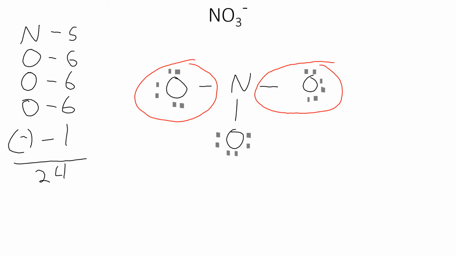We kind of group things around our outer oxygens. Are we satisfying the octet rule for each of our oxygens? The answer is yes. 2, 4, 6, 8. Bottom oxygen, 2, 4, 6, 8. That's good. Oxygen on the right, 2, 4, 6, 8. That's also good. So our oxygens are okay with their octet rule, but we also have to check out our